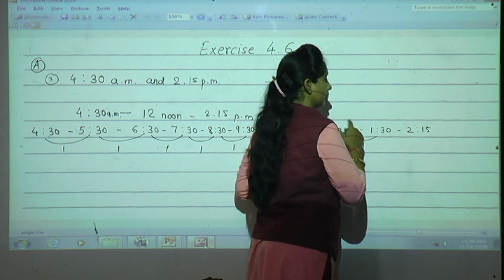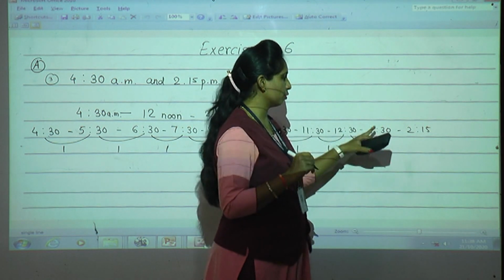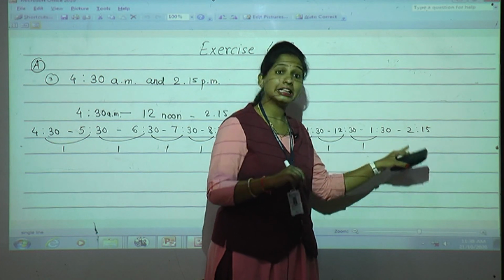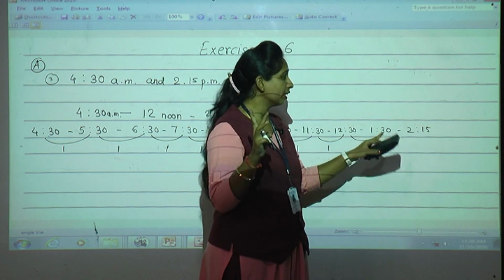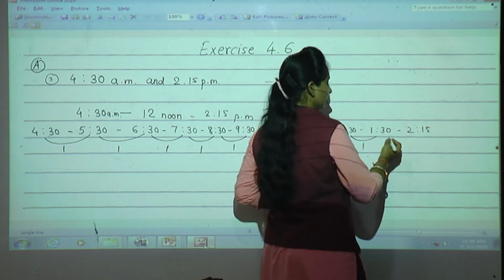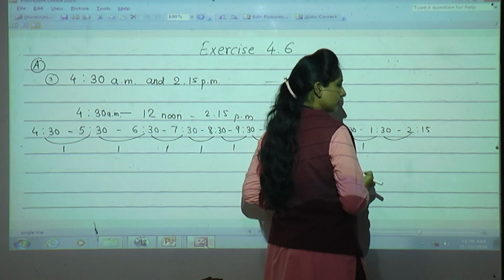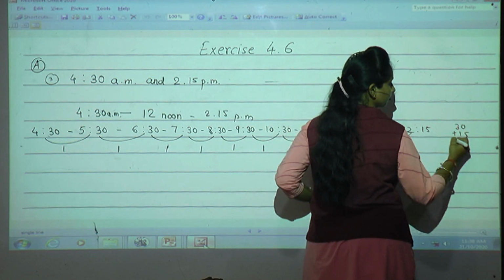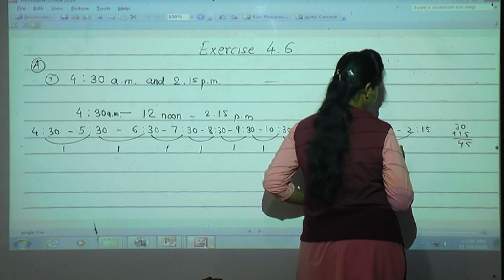Here 1 hour. Here also 1 hour. But here keep in mind, do it properly. 1:30 to 2 o'clock, 30 minutes. Then 12:15, it is 15 minutes. So how much time does it become? Yes, 30 plus 15, 45